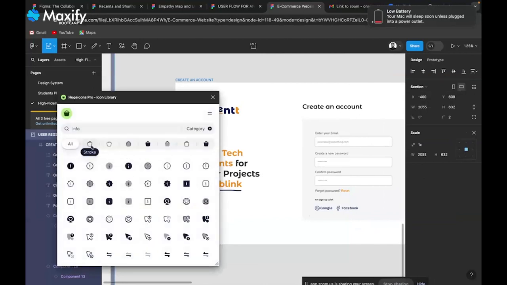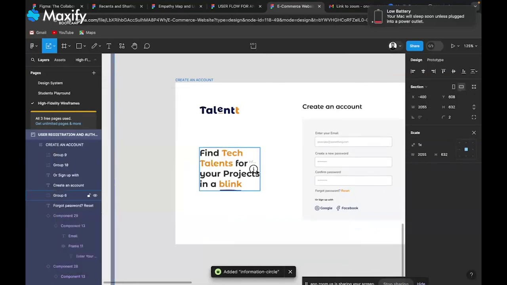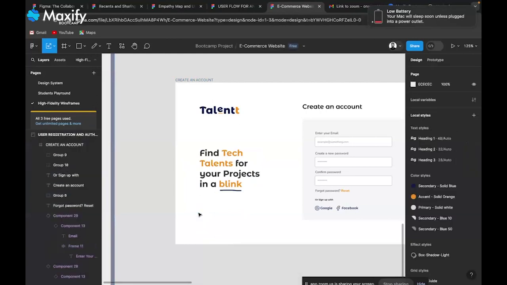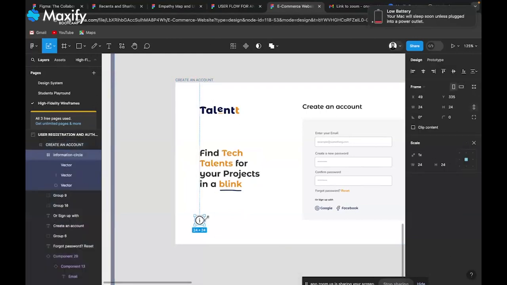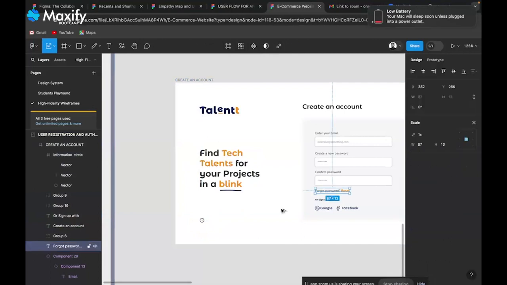Let me pick it on a free one, and I pick my info. Where's my info? It has come here, so I just want to put it here. Now you make sure that everything you're putting is right inside your frame. So I just want to put it here, let me pick this, to say